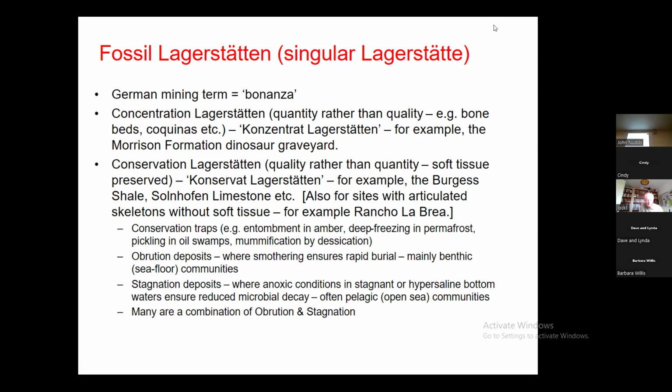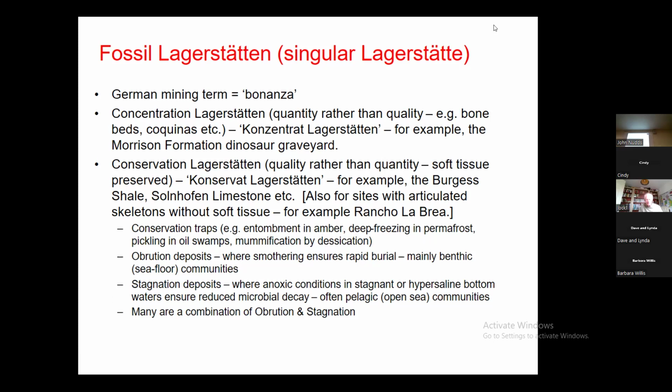Seilacher also subdivided that into these other three types: conservation traps, which are not particularly common, but it's things like entombment in amber, where the oxygen is sealed from the system and microbial decay just doesn't begin at all, or deep freezing of mammals, mammoths and mammals in permafrost, mummification, etc. But they're quite rare